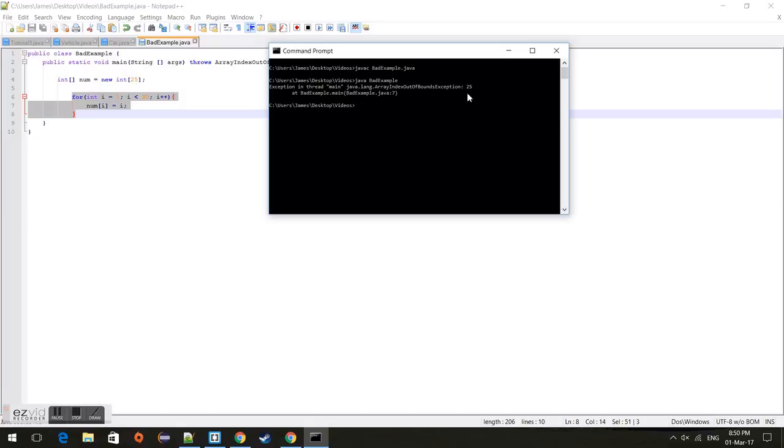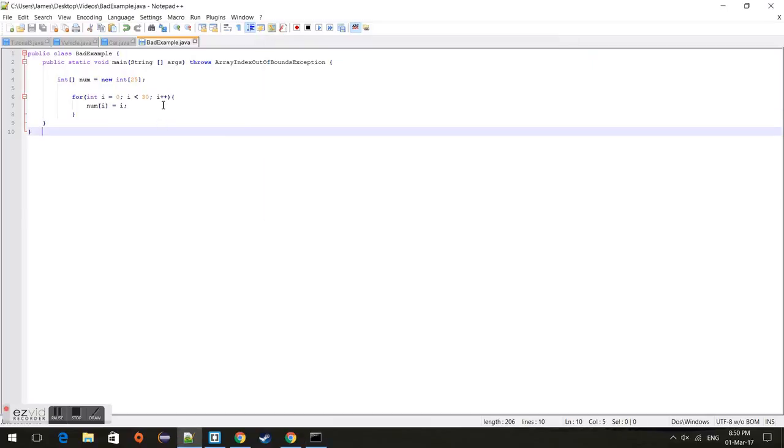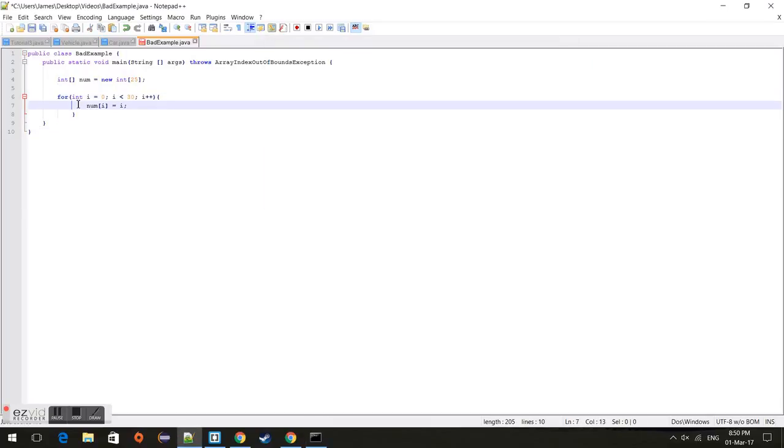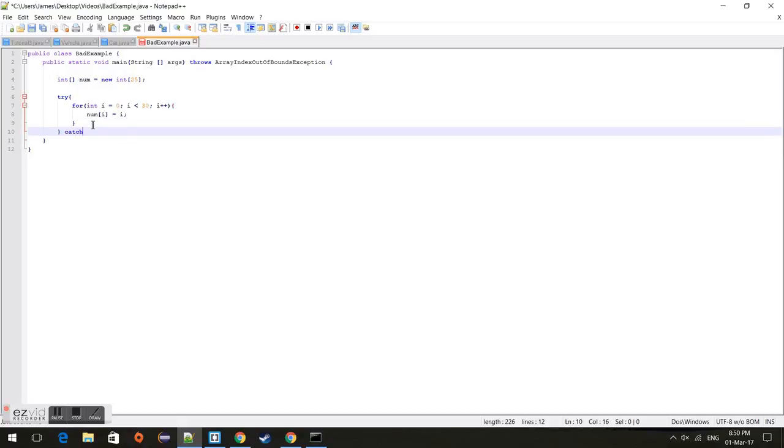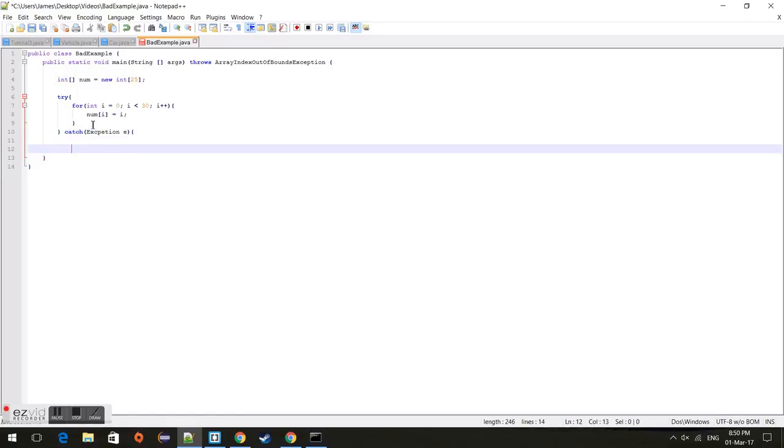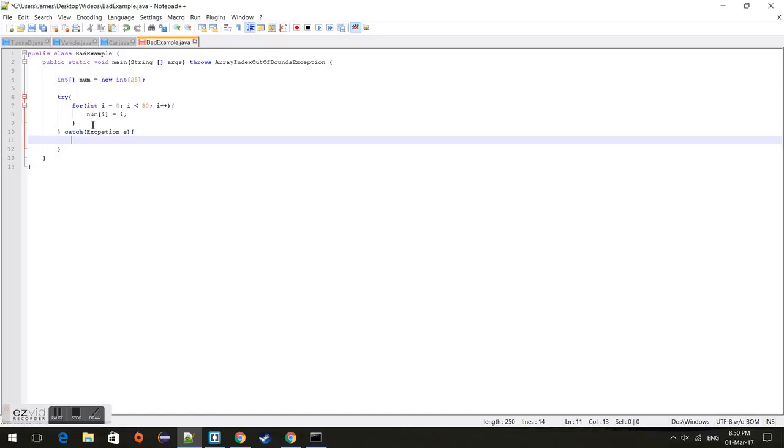However, the second aspect of it is actually dealing with it. The way we're going to deal with this error is we're going to use a try-catch block. Now, try-catch blocks are very, very useful, as they allow us to simply handle the exception in a way we want to. So it's not just a forced way where it crashes and the program ends. Depending on what you put in this catch block, I forgot to do that, depends on what you want to be printed out. So I'm just going to do "error is:" plus e